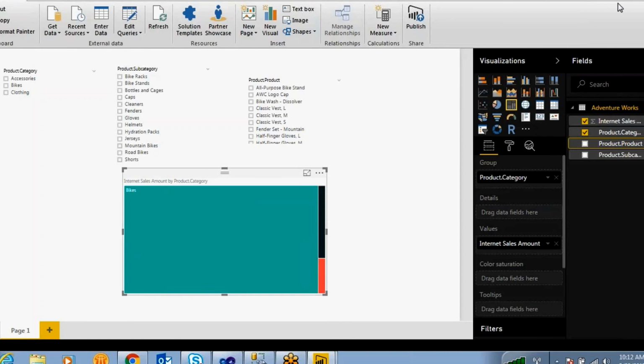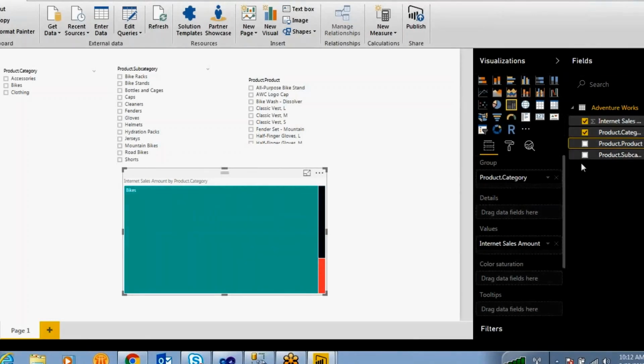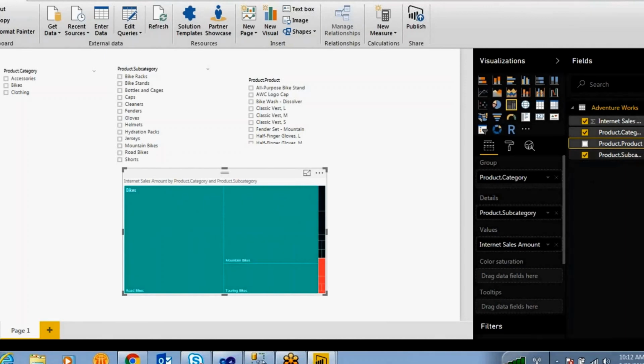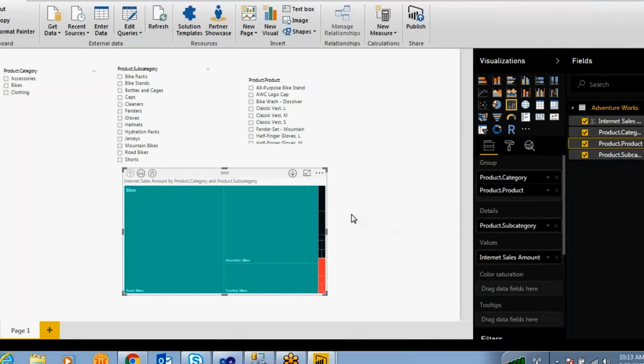So for this tree map, right now I have added only category and the sales amount, two fields only. So if you are adding the subcategory as well as product names, once you are adding, you can observe the hierarchy levels are coming here.